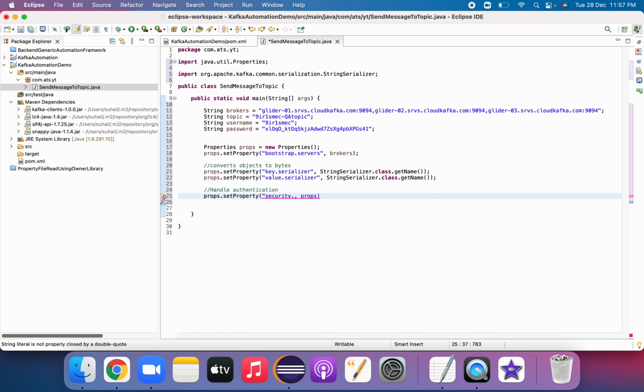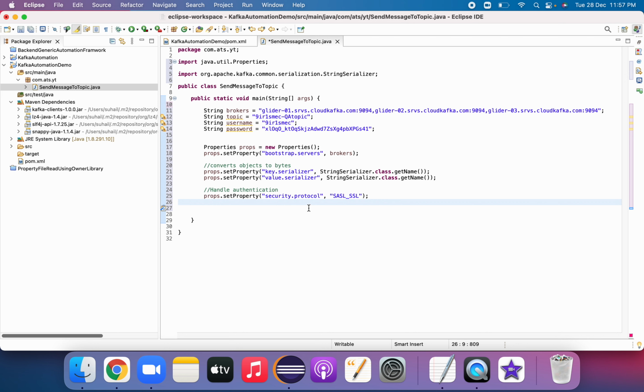What kind of security protocol are we using for authentication? Its value should be SASL_SSL. Security.protocol is the key, and SASL_SSL is the value for that.